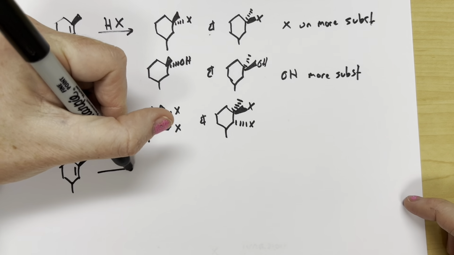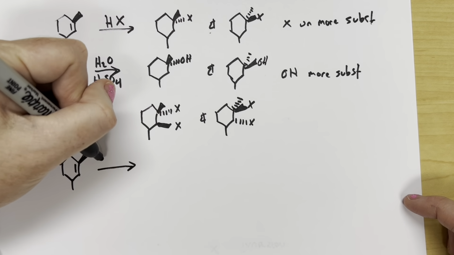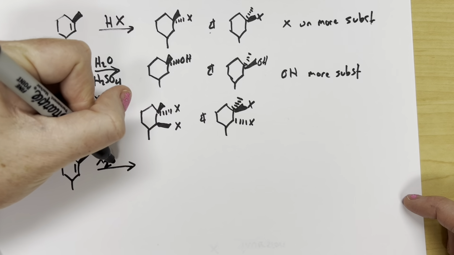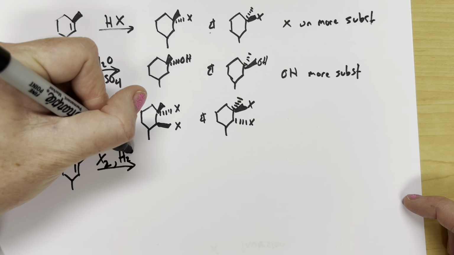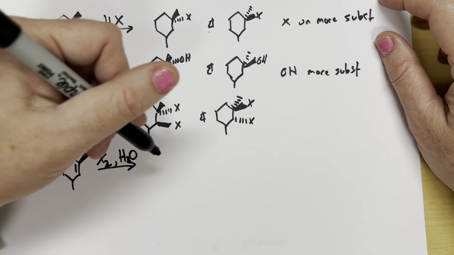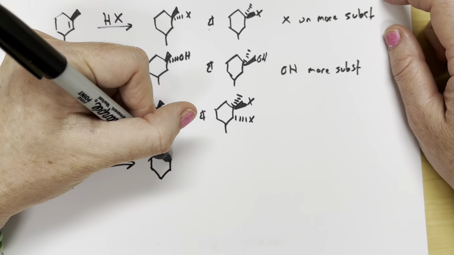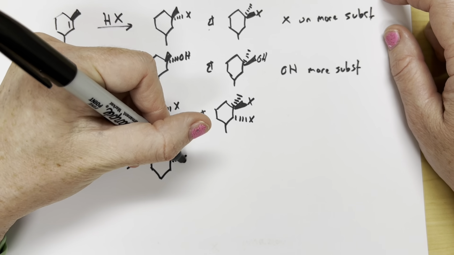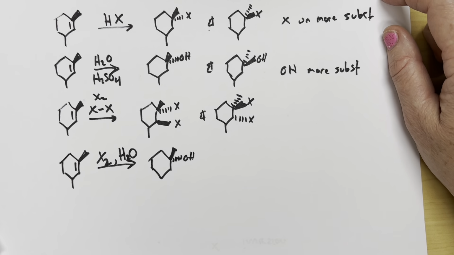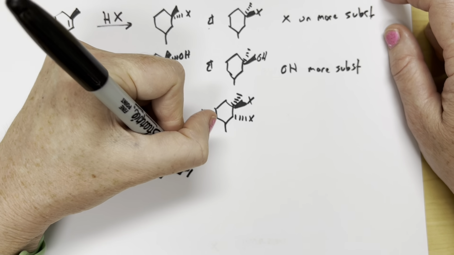if we take that X2, so this really was just an X2, right? I just wrote X to X. If we take this X2 and add water, that's where we get the alcohol and the X. And just remember, the alcohol takes preference and it gets to go on the more substituted carbon. And that X will be added